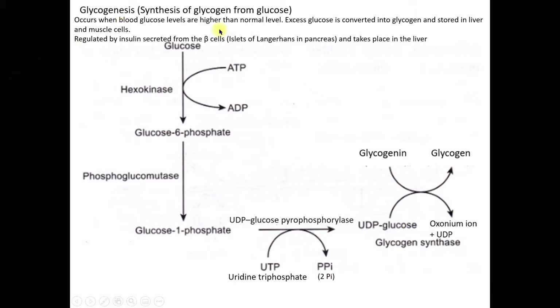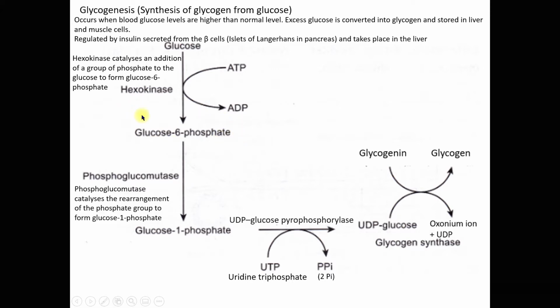So basically, this is the flow of the glycogenesis. Without any further ado, let's start. First things first, hexokinase will catalyze an addition of a phosphate group to this glucose to form glucose 6-phosphate. So the phosphate group is added to the glucose, catalyzed by hexokinase, and then we have glucose 6-phosphate. And then what happens to this glucose 6-phosphate is